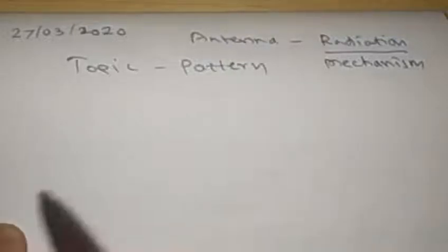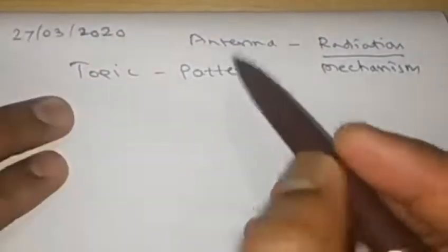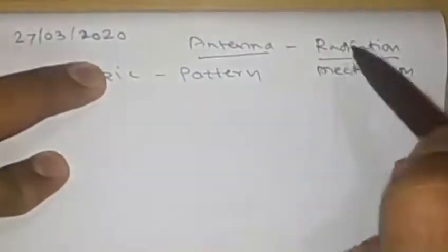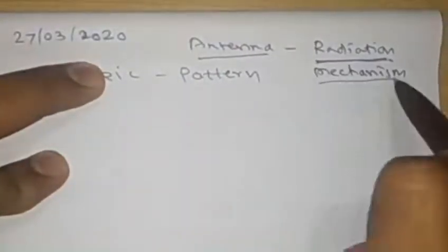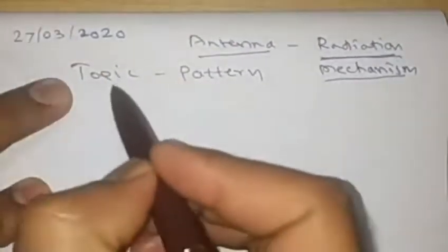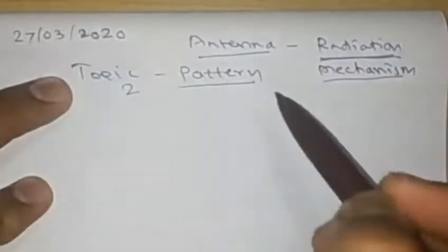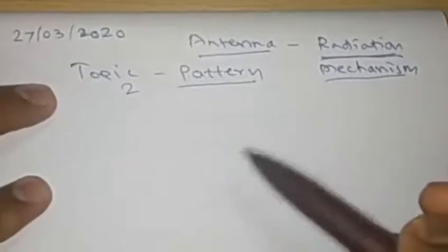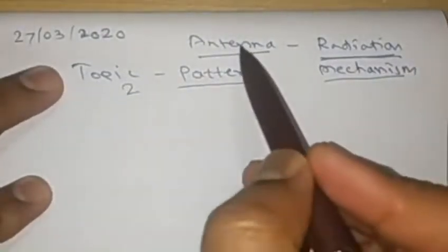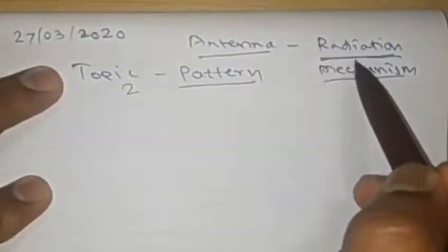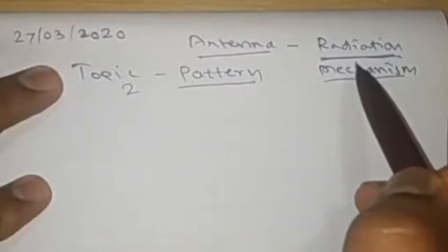Good morning. In the last lecture, we discussed the definition of an antenna and its radiation mechanism. In today's lecture, which is topic number 2, we are going to discuss the pattern of an antenna and its details. So in the previous lecture, when we discussed the mechanism of radiation of an antenna, the field or power